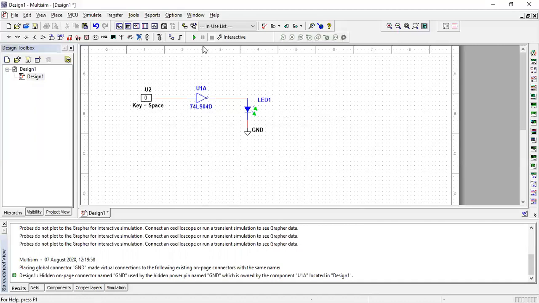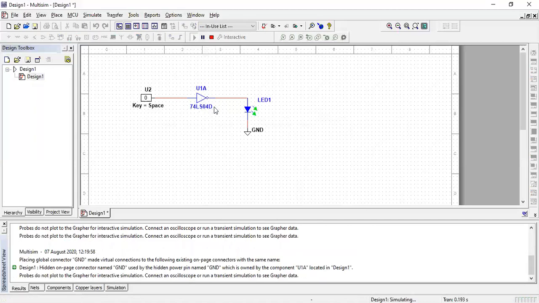So we are now simulating the NOT gate. To start the simulation, we have to use this run button. Press this run button and the simulation is started. As we have applied input 0 and the NOT gate complements any digital input, the 0 is complemented to 1. So this LED glows because the output of the NOT gate is logic 1, or logic high. So 0 is given and output is 1. Similarly, if we change the input from 0 to 1, the output is 0 as the LED does not glow.